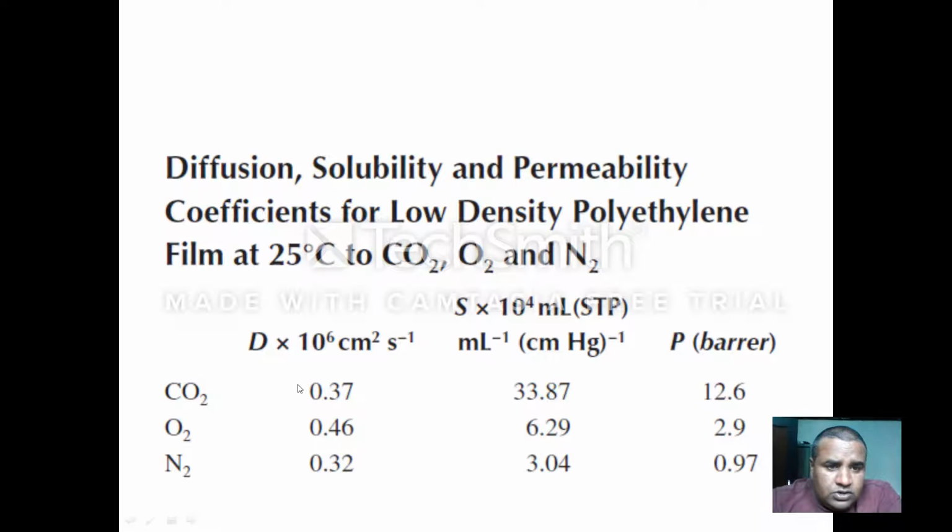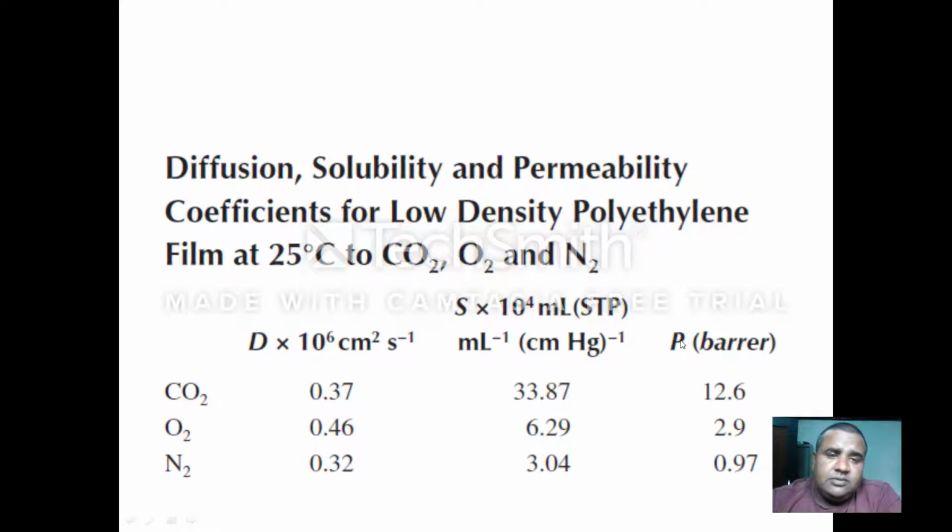See, the CO2 diffusion constant is less than oxygen's. Okay, but the solubility of CO2 is higher than oxygen's. As a result, when we multiply the solubility and the D value, it gives the better permeability. Understand? So the molecular weight will define the diffusivity, and the solubility is independent of the molecular weight. It will depend on the surface characteristics and the gas that is interacting, and finally the P will be affected.